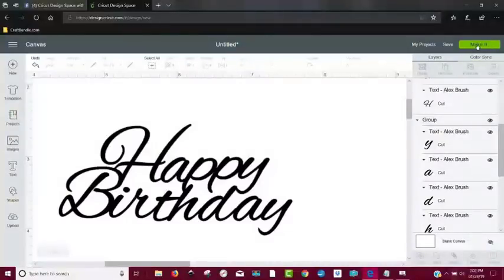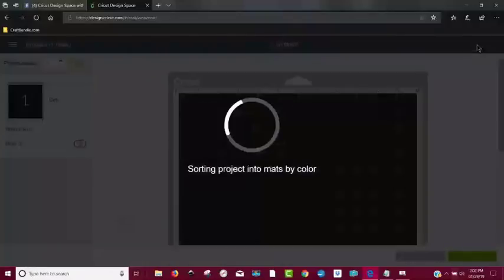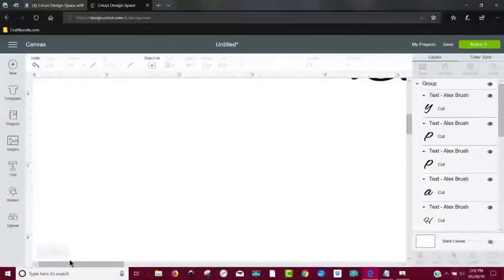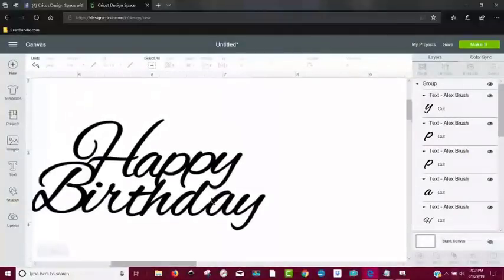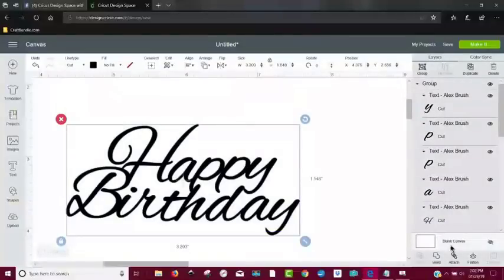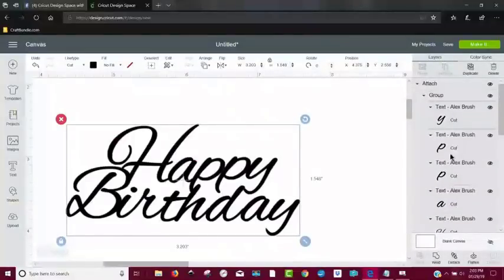So watch. Let's go to make it, and I'm not quite done yet, and you'll see why. Look at that mess. That is not good. So I'm going to cancel it. One of the things I can do is attach it like I've shown you before, but then I'll still have these cuts in between the letters. So let me show you again. If you just were to attach it, and then we go to make it,